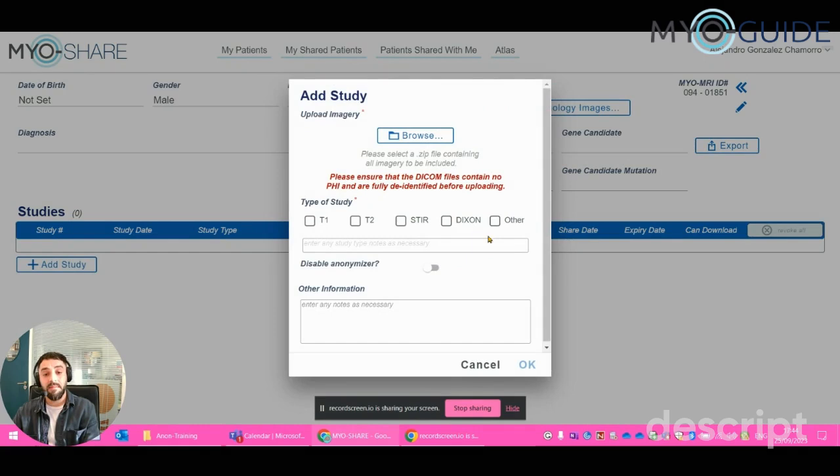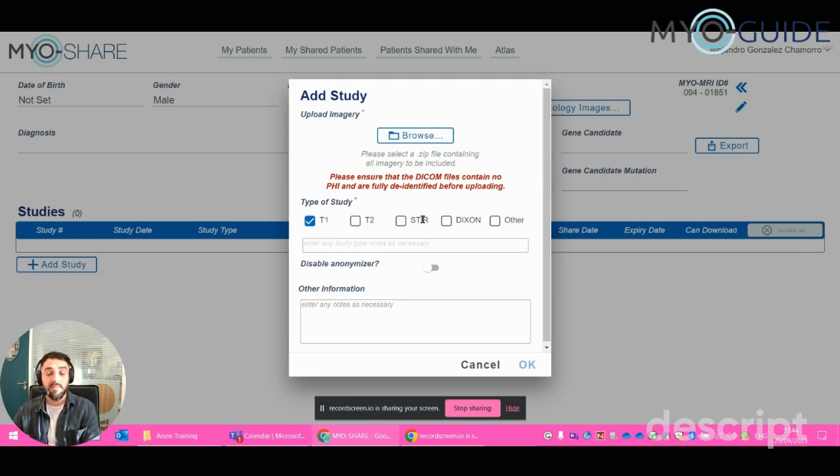Here this is not relevant. If you don't know if you are uploading a T1 or a Dixon, you can just leave it blank or just click T1. But in general, for this study, we are just collecting T1s and Dixons, so it should be any of these two. But in many cases, you will find that your DICOM folder contains all of these, so you can just click any, it doesn't really matter.